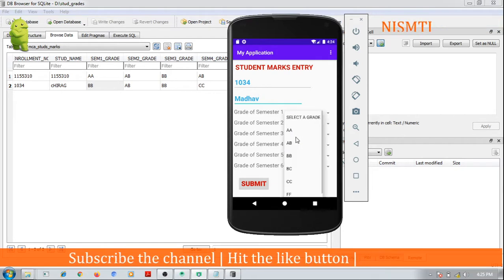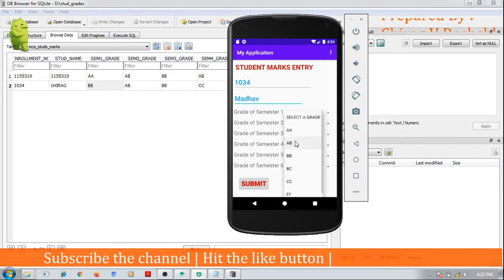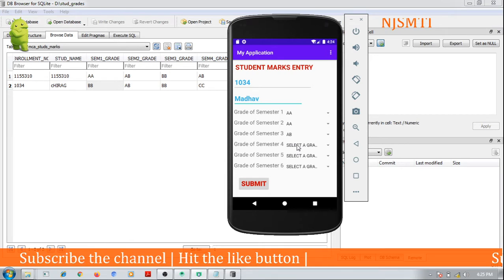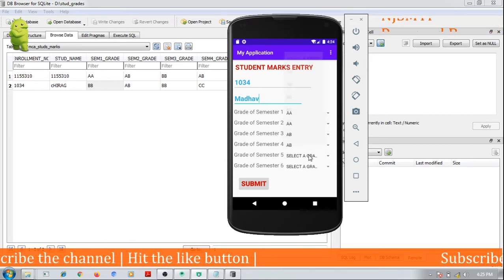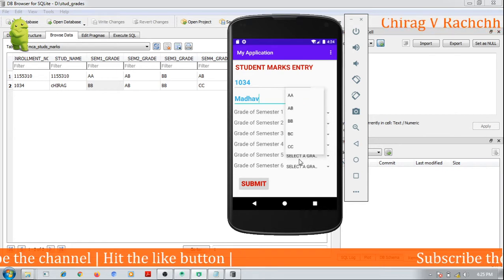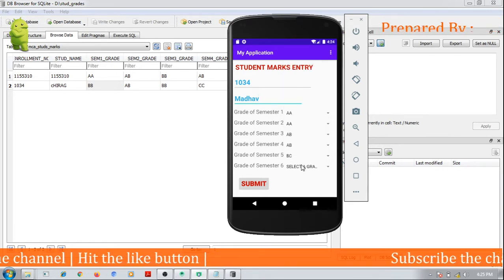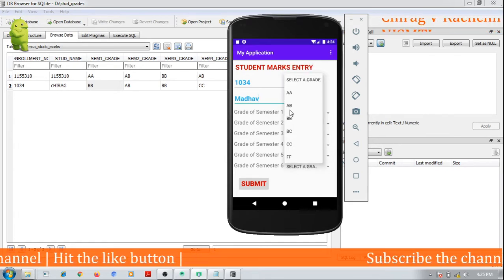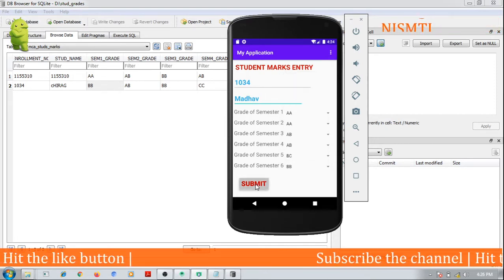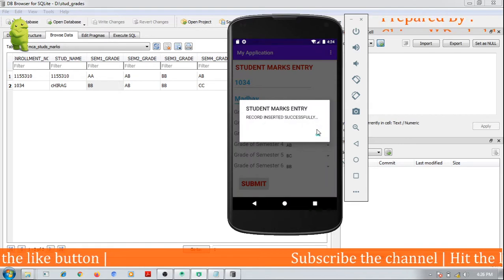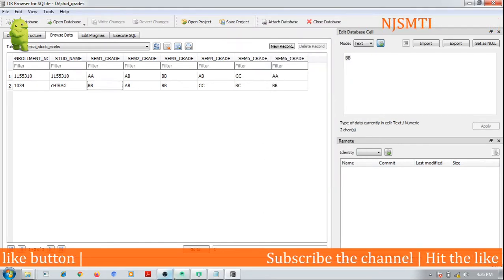Then 3 and 4 AB, and 5 and 6 BB, whatever, BC and BB. Let's submit. Record is inserted successfully. Let us check this record.